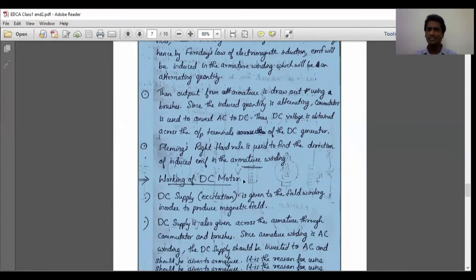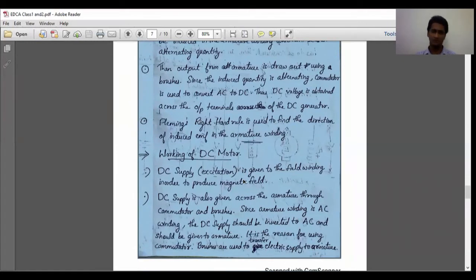And in case of DC motor, I have purposely left a small topic in the working of DC motor. Anyway, I will say it again. The basic principle was Lorentz law. Whenever current carrying conductor is placed in a magnetic field, the conductor will experience a force called a Lorentz force. If it is in rotary motion, that force is converted to torque. And it's clear how it is working.